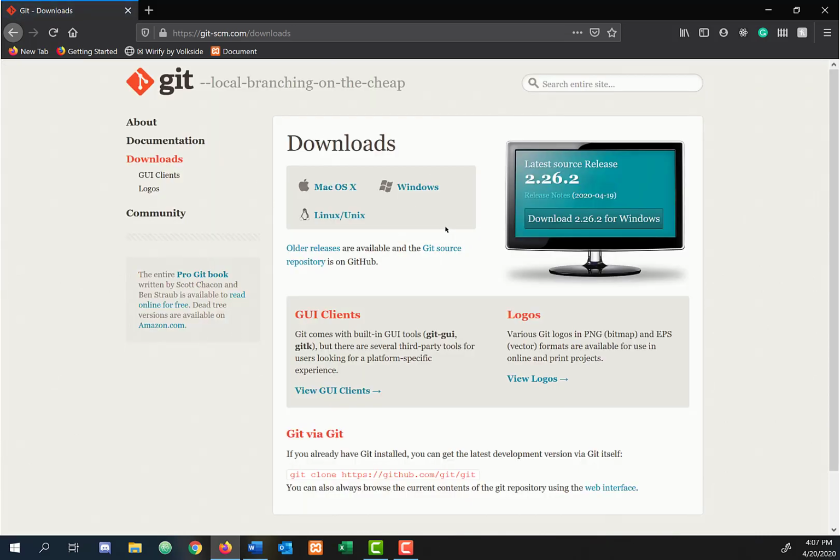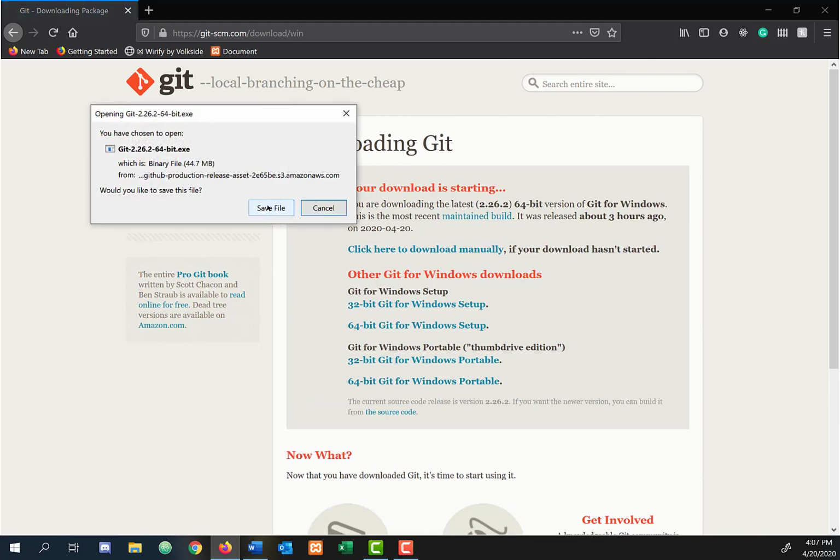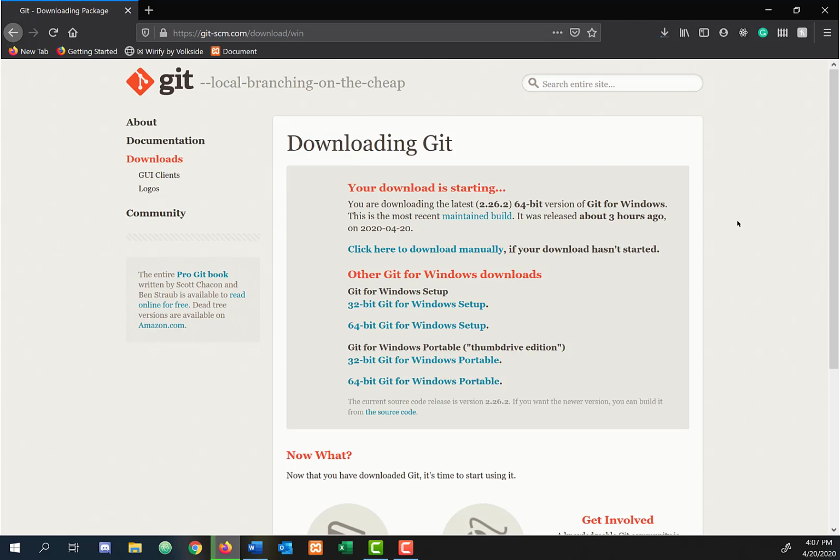Depending on which operating system you're in, you can be in Mac or Windows, and this will work for you either way. I'm currently in Windows, so I'm going to click on the Windows. My download is going, save file, and then once that's downloaded,